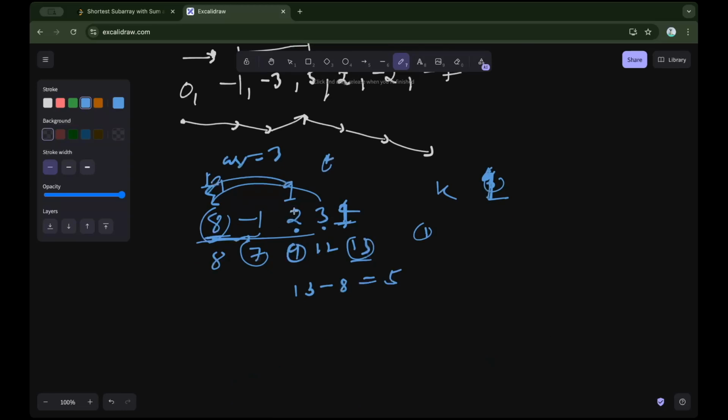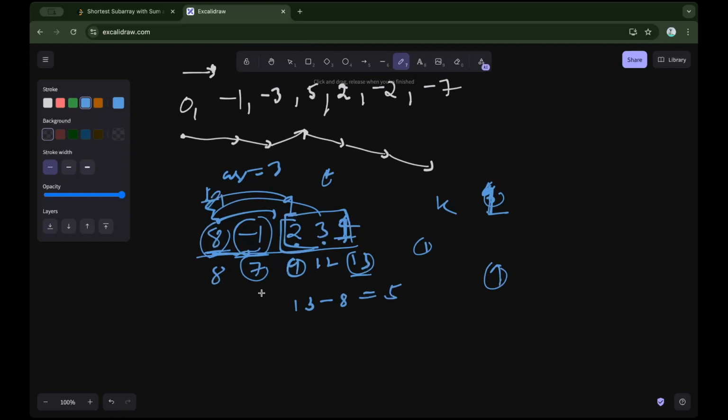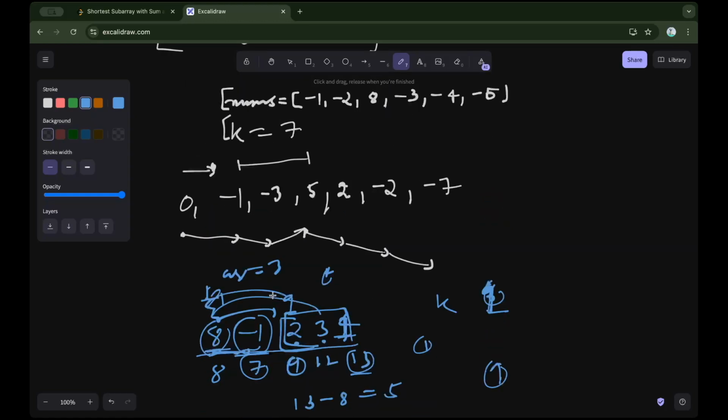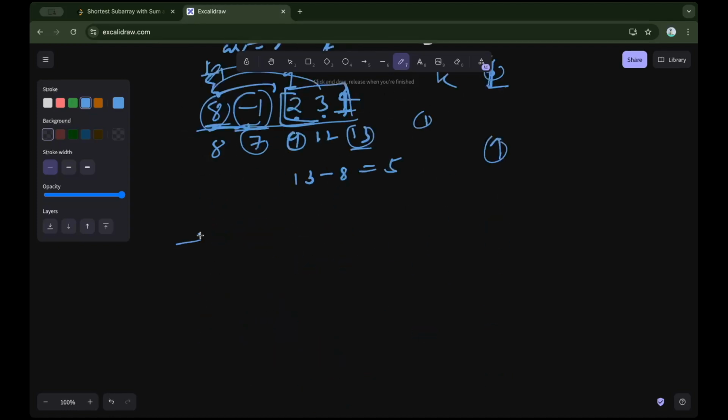But what I can see is there is an answer that lies next to, ahead of this index, but has a sum of 9. This could be an answer, but as there is no monotonicity, we can't go forward because of this negative number. So what we're trying to do is to use some concepts or some tricks to solve this tricky problem. So we will use two things. One is prefix sum